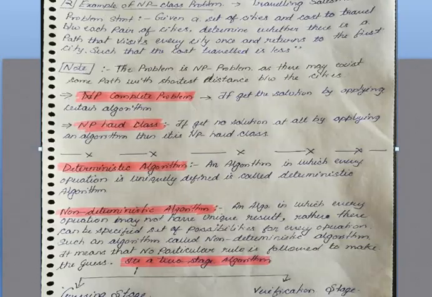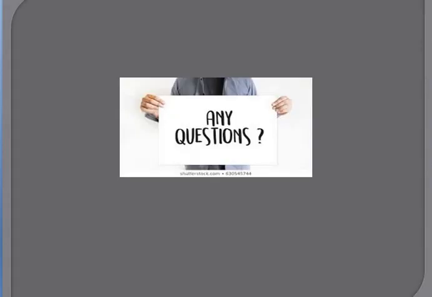So in my session, first I discussed what the NP complete problem is. After that we saw that we can solve problems using polynomial time and non-deterministic polynomial time. I discussed two definitions, what a decision algorithm is and what an optimization algorithm is. After that I discussed the definition of P and the definition of NP. P stands for polynomial and NP stands for non-deterministic polynomial.